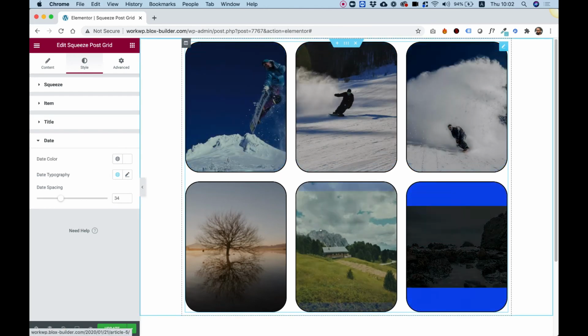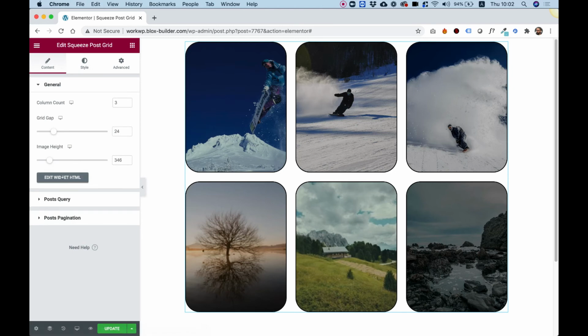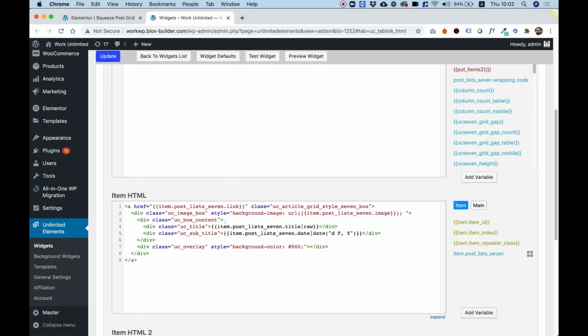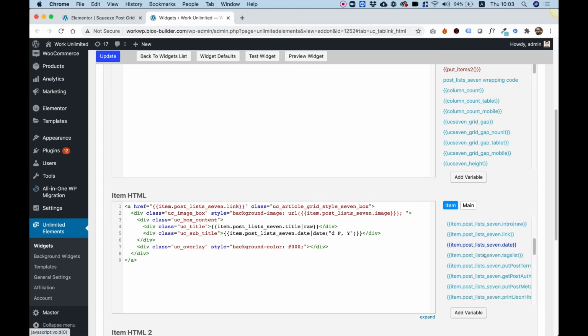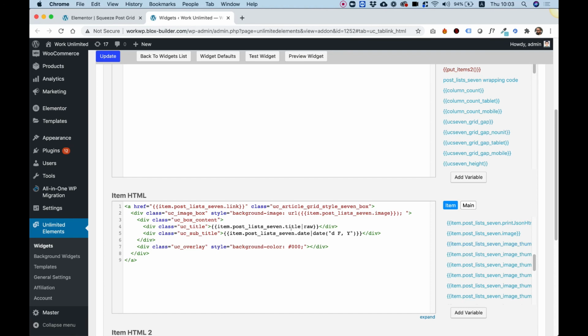And the last thing that I want to show you is actually the advanced option over here in content. You can click edit widget HTML, and down here if we scroll down, you can see this is our title, this is our date. And the same way that we've added these two, right here on the right side, you can start adding any field from the post. Even if you have custom fields, you can add these to your post grid. So if you're interested in learning more about the widget creator,